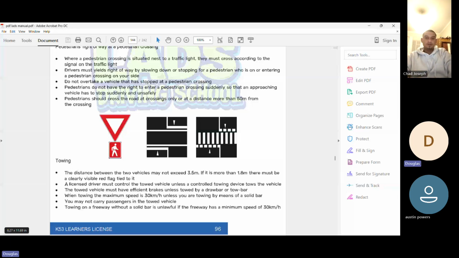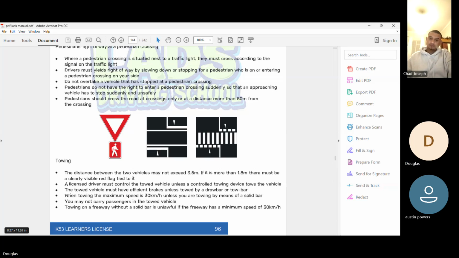Number 3, the towed vehicle must have efficient brakes unless towed by a drawbar or a tow bar. So meaning if you're towing a vehicle where the brakes are not working properly, you need to use a tow bar. A drawbar. So if you are towing a vehicle where the brakes are not working properly and you're using a rope, you'll be doing something illegal. And it's a danger because if the car cannot stop, it's going to hit the car